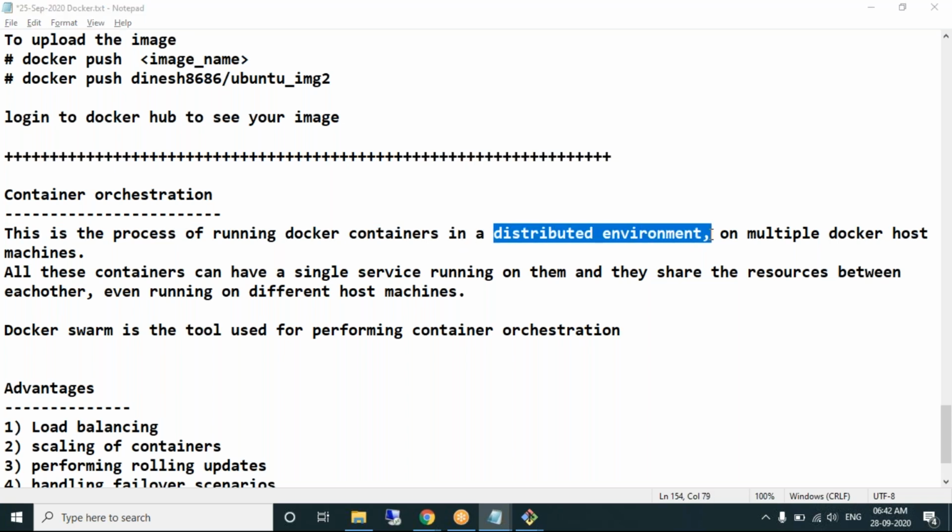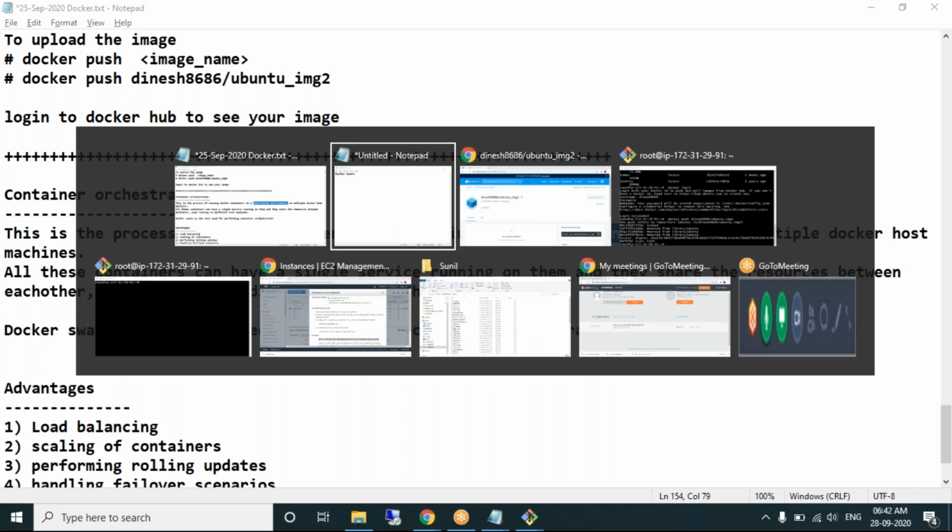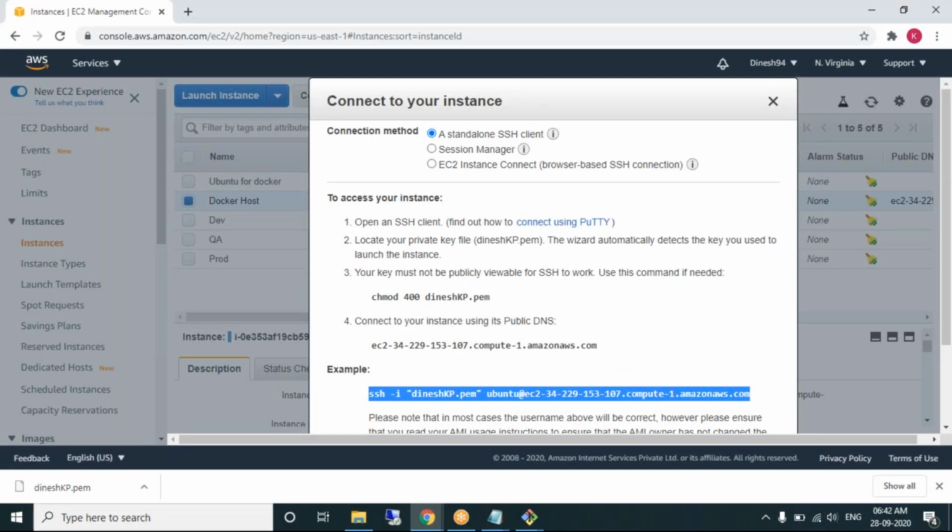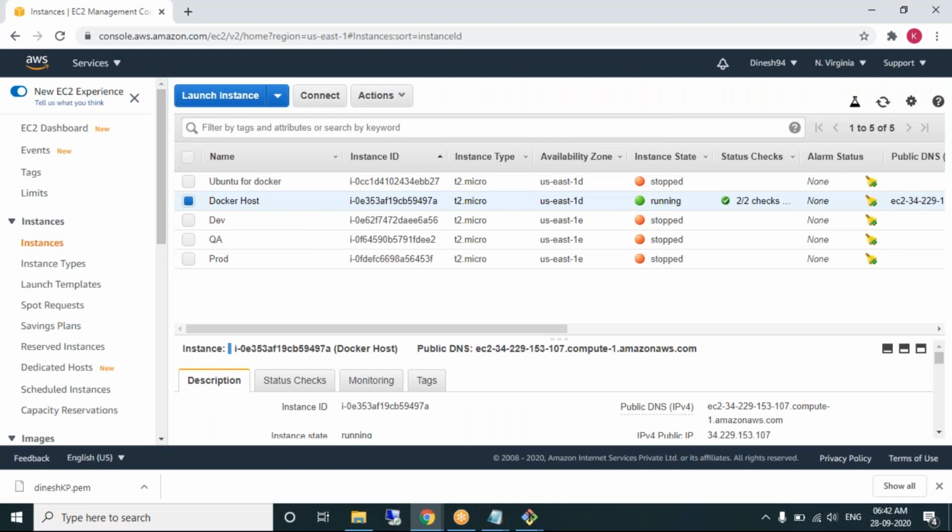As of now, we are creating containers: Ubuntu containers, Jenkins containers, all the containers. Where are the containers running? Obviously, on the Docker host. This is the final hardware. Is this Docker host one machine or multiple EC2 machines?